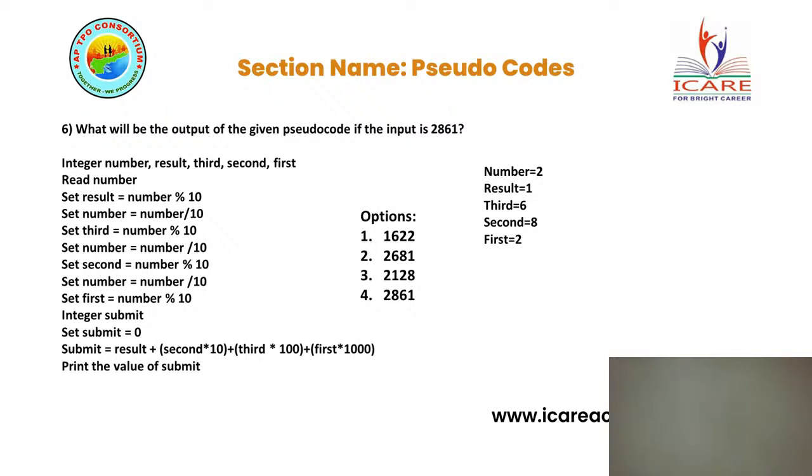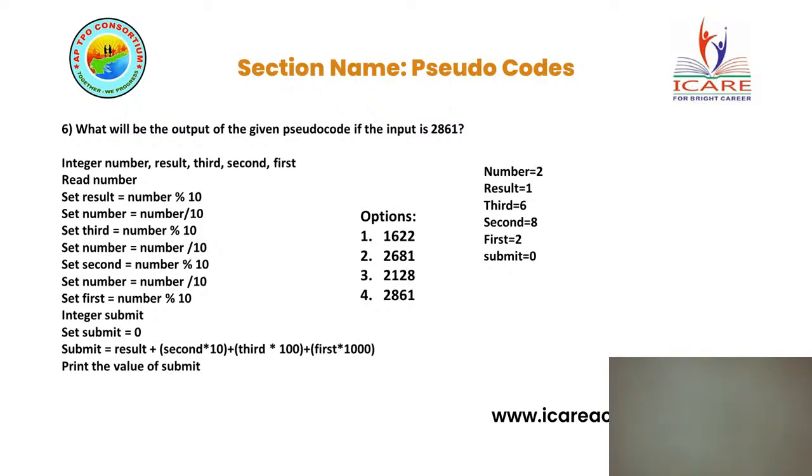Again, they have mentioned an integer, sum. In sum, set sum is equal to 0. We have assigned the value 0 to sum. So here we have the mathematical operation: sum is equal to result plus